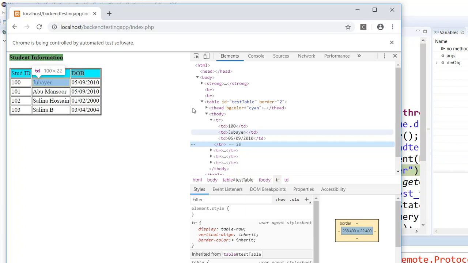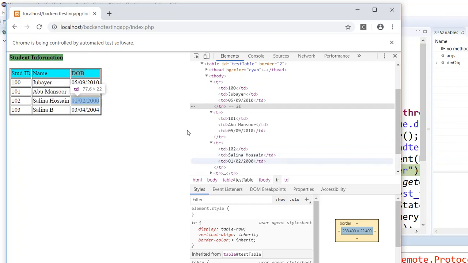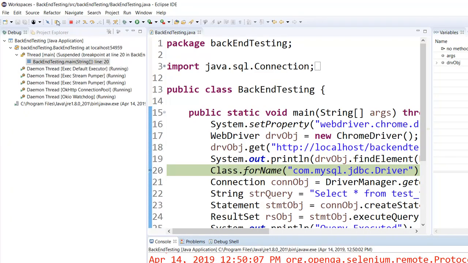Make sense? Then can you see I have another TR here? If you expand this, this is the second row, and I have the data, and then I have another TR. You understand how this table goes? Is it clear? This is the HTML that we have written over there. Okay, now see what I am doing. So here in my code, if I stop it,